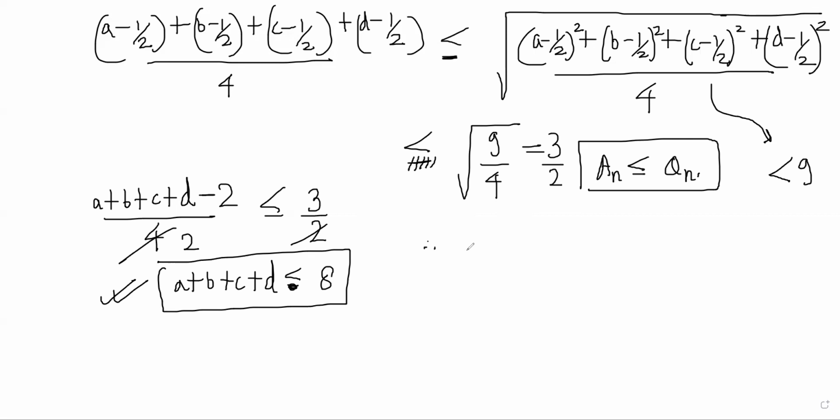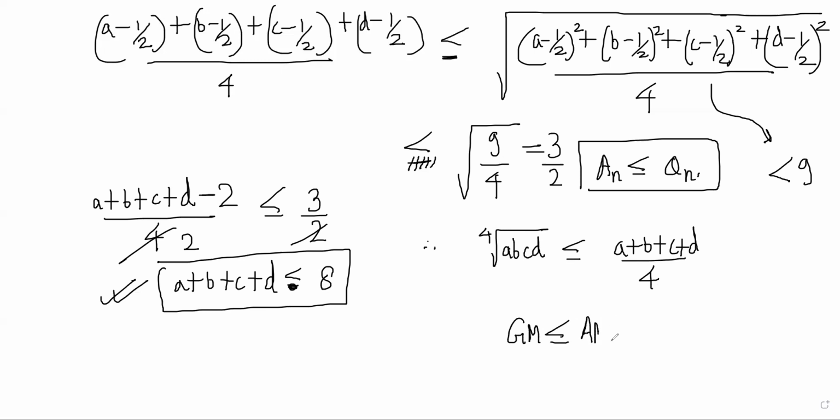Therefore, we can say that the fourth root of abcd is less than a plus b plus c plus d by 4. This is implying the GM is less than AM inequality. And we know this is less than 8 by 4, equal to 2. And we know that 2 is less than this, right? Why are we getting 2 is less than this? Because